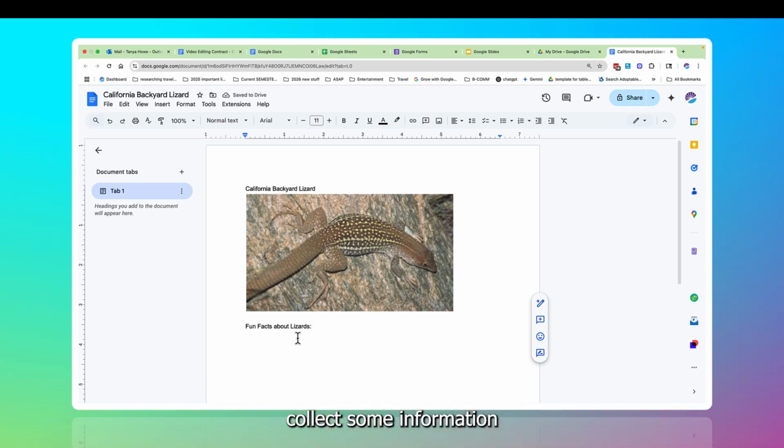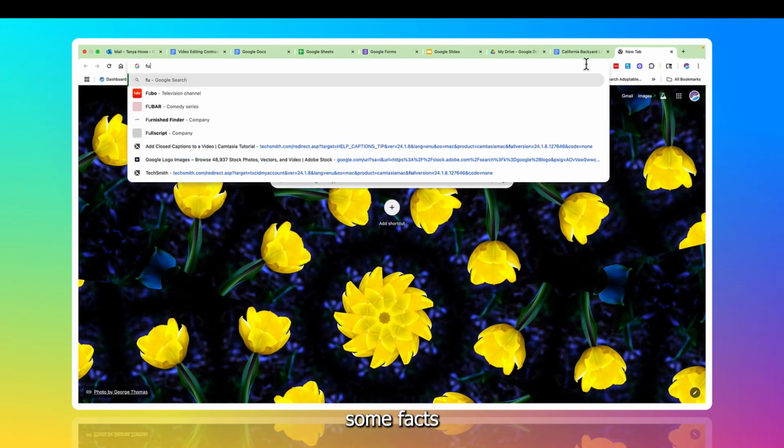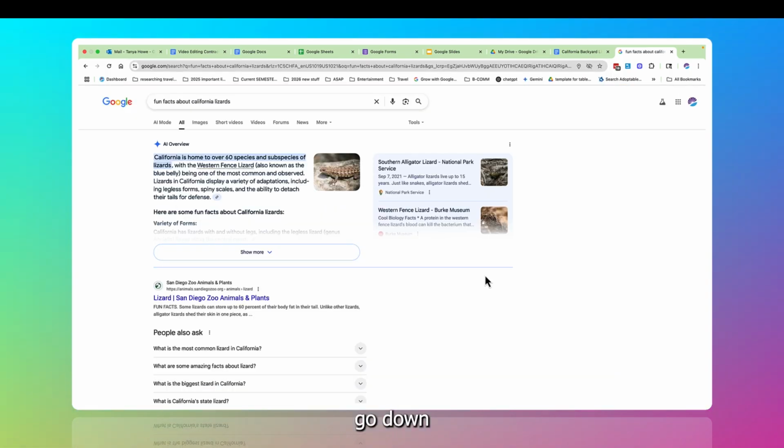And now I need to collect some information or a little bit of data to put into my fun facts about lizards. And how am I going to do that? I personally don't know a lot about lizards. They lay around on rocks and hang out. So I'm going to go up to my new tab button up at the top here. And I'm just going to type in fun facts about California. And I'll go down